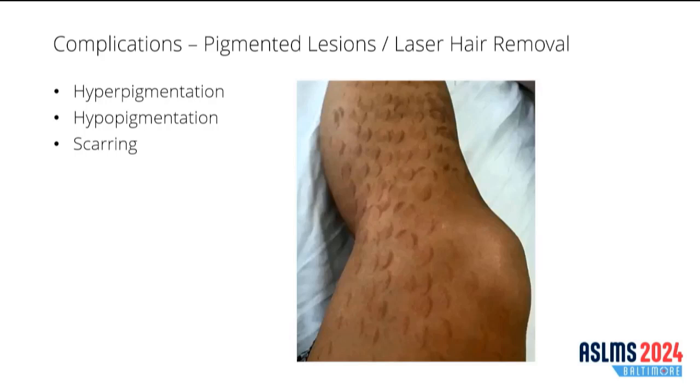Arcuate-shaped burns, which can lead to scarring, can result from the angling of the handpiece during treatment of curved surfaces, leading to misalignment of the cryogen spray relative to the laser spots. The handpiece must always be perpendicular to the skin, especially when treating areas such as the face and the legs.